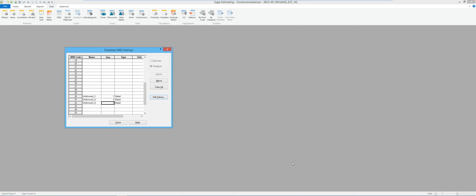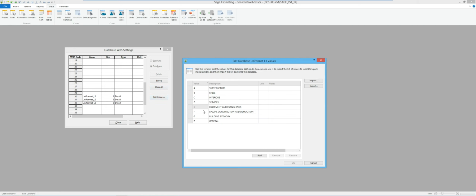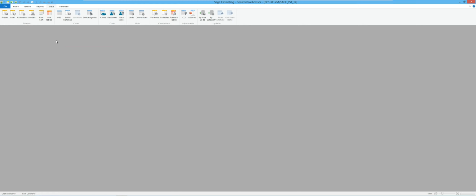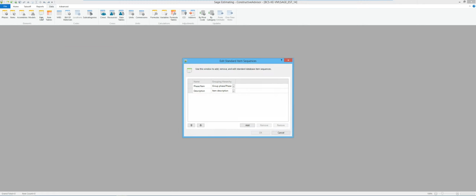So at this point, that's got my WBS values set up. Each one is populated with some sort of a list. So that way, when we go to do takeoff, we're going to see this in a list. Now I want to take that list and set up a new sort. So when I go into my database, I can actually have a sort set up. The default's going to be the master format, the way that group, phase, and items show up now. But I'm also going to set up a sort called item sort here.